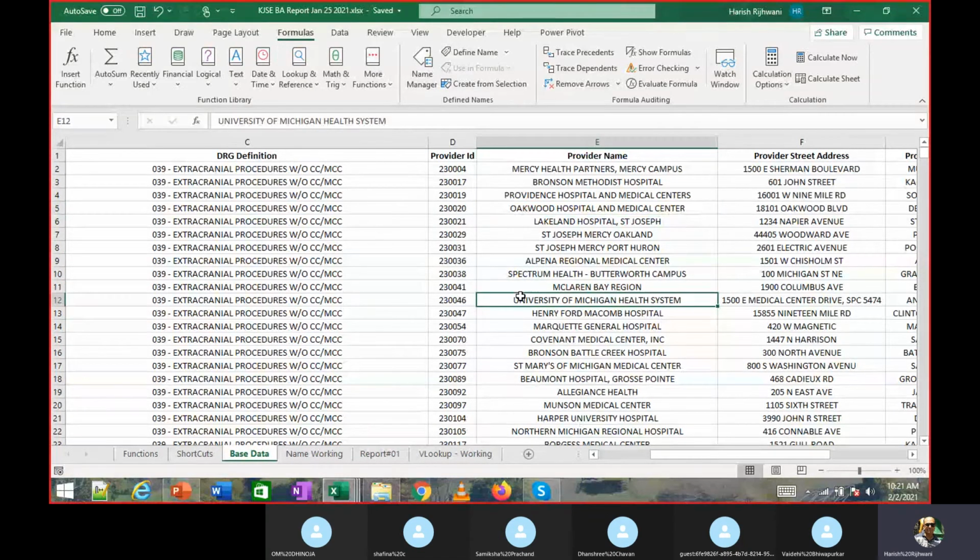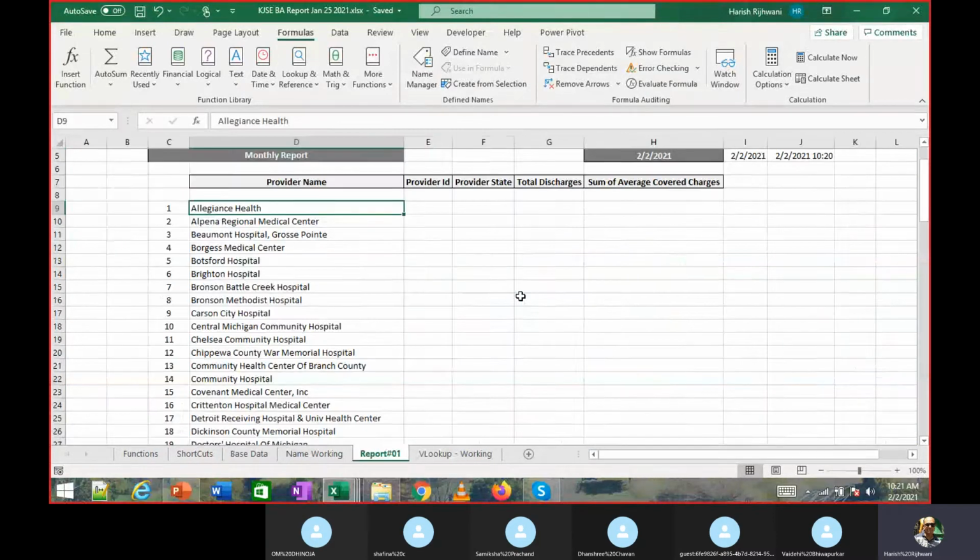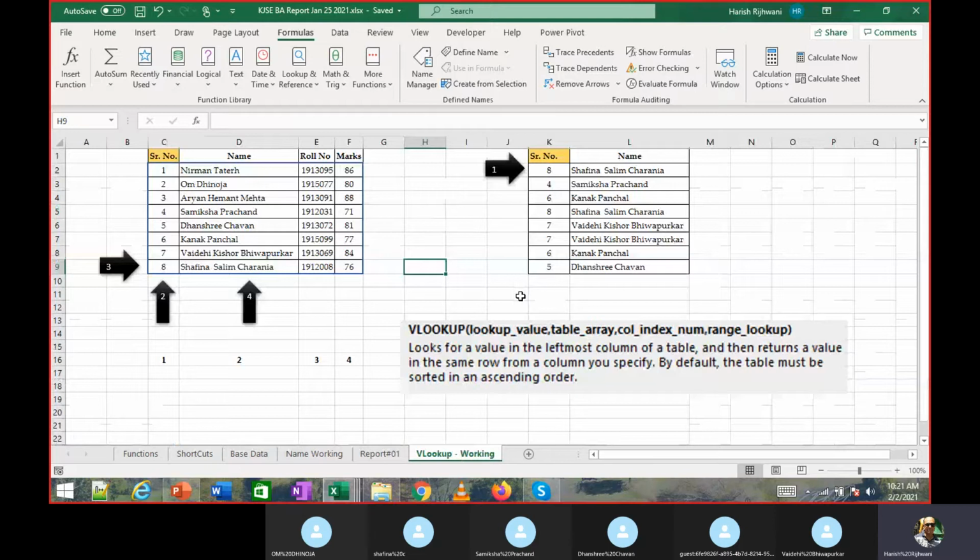If I use this data as is, if I have the data like this, will I be able to look up the value? What are your thoughts? Look at the definition of VLOOKUP and tell me. Looks for a value in the leftmost column of a table.